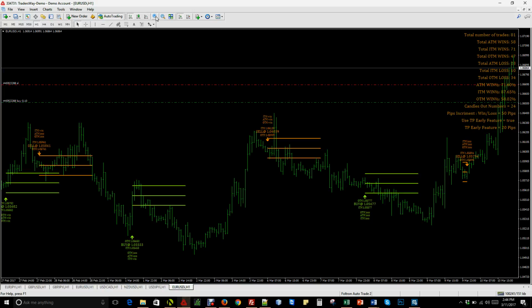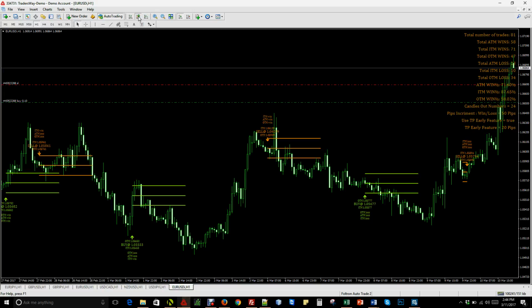zoom in just a little bit here, and I'm going to go ahead and have the candle bodies display for me. So let's just say an example is right here. You see this little arrow? That means a pop-up came up, and if you have your email alert set to true, then you received an email on it. Okay, if you have your email forwarding to your phone, then you would have received a text notification, and if you have your MetaTrader 4 set to give you push notifications, you also would have received an alert on your phone. Okay, now this was a sell signal or a short signal, and